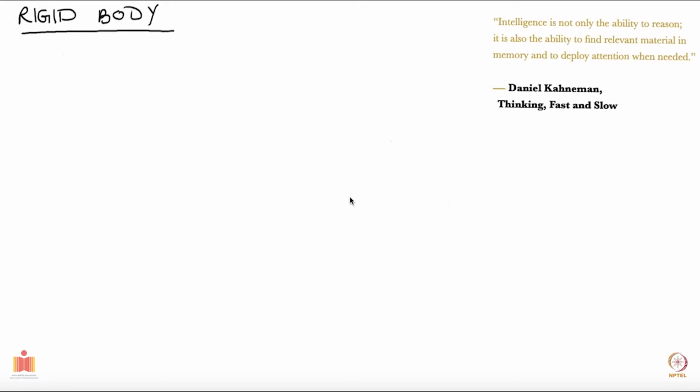and we attach a system of coordinates to the body, and the origin of this system and the system which is fixed in space coincide. Okay, so they are at the same place. And the question was, how do I parameterize the orientation of that body system which is rigidly fixed in the body, that system of coordinates, with respect to the system which is fixed in space. Okay, and that is what we were looking at last time, and we talked about Euler angles, and that's where we left, and let's continue from there.